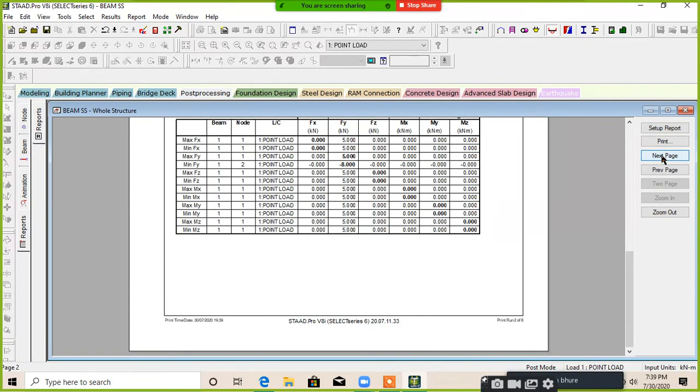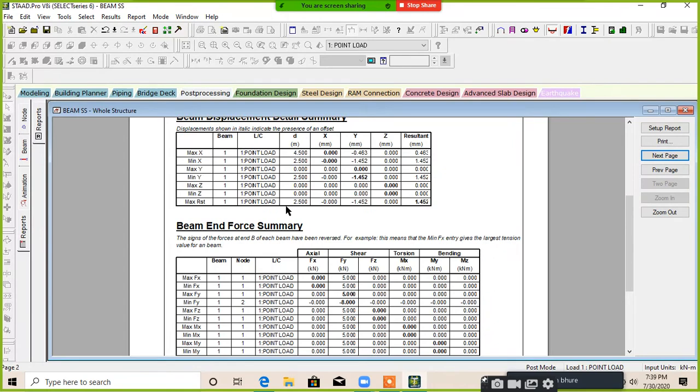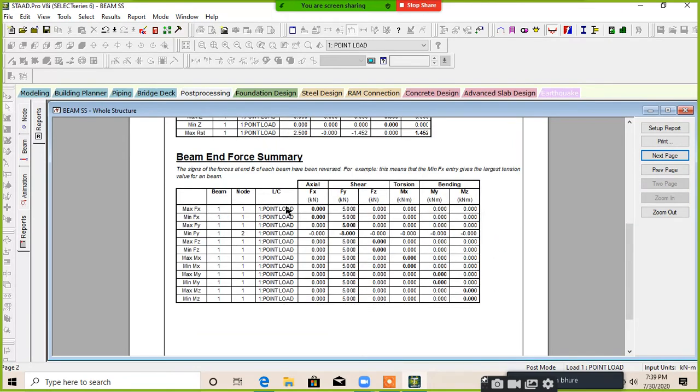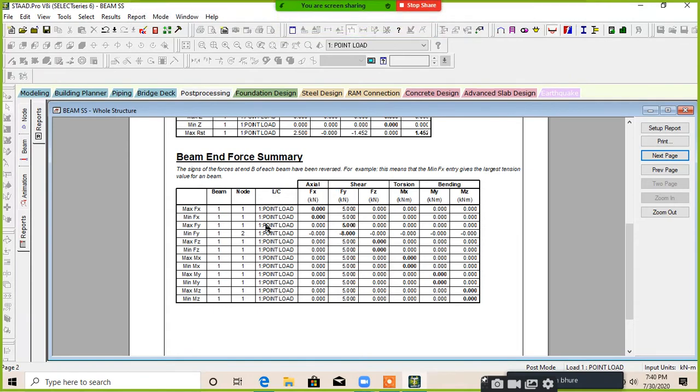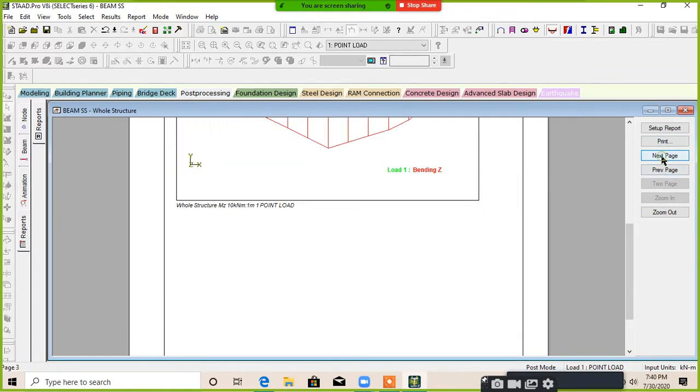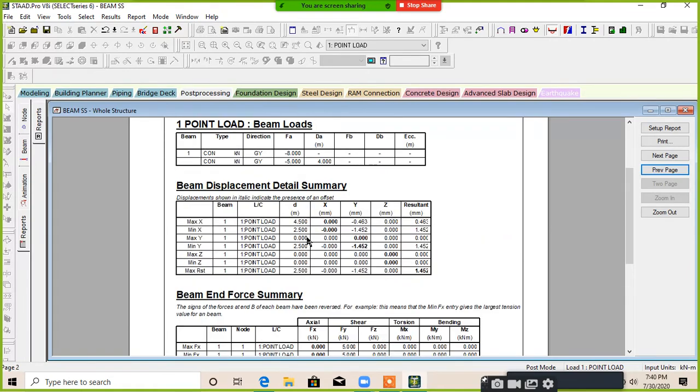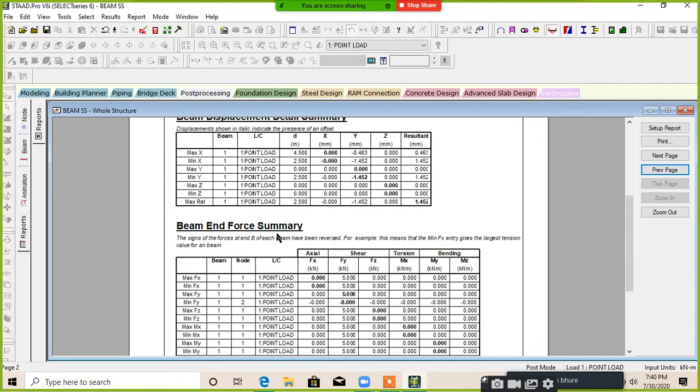Click on the next page. When you put 10 at the increment data, it will show the values of the particular result at 10 locations.